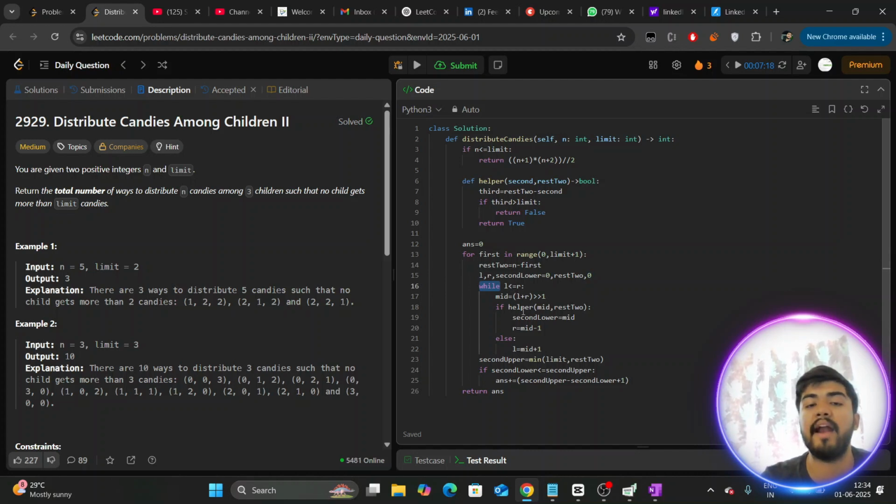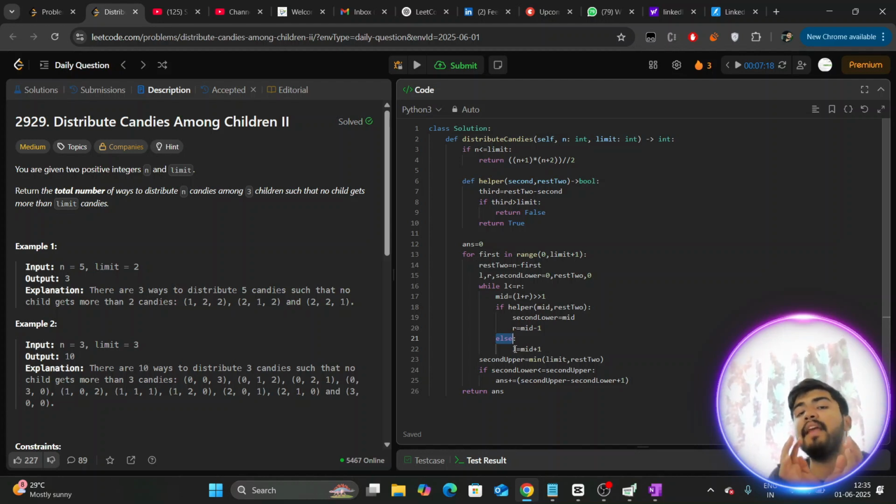my mid is this, and I am calling my helper function. Helper is very straightforward. I am passing second and rest 2. So what is the third then? Rest 2 minus second, and if my third is more than my limit, then increase your second, because with this second, third is going to hit, your combination is altogether invalid, because third is breaching the limit. Return false, and if it is returning false, then we are increasing our left to be mid plus 1,